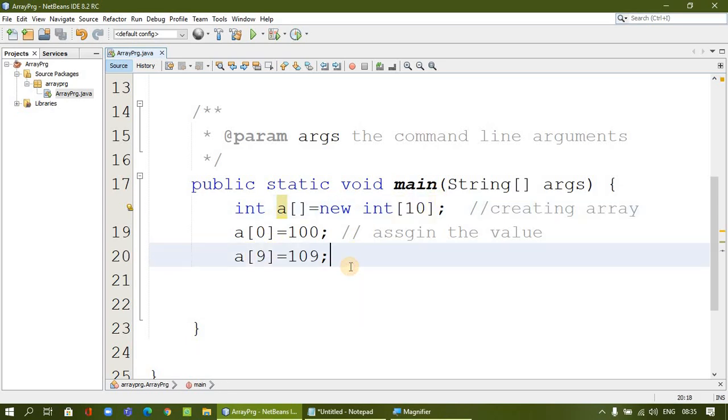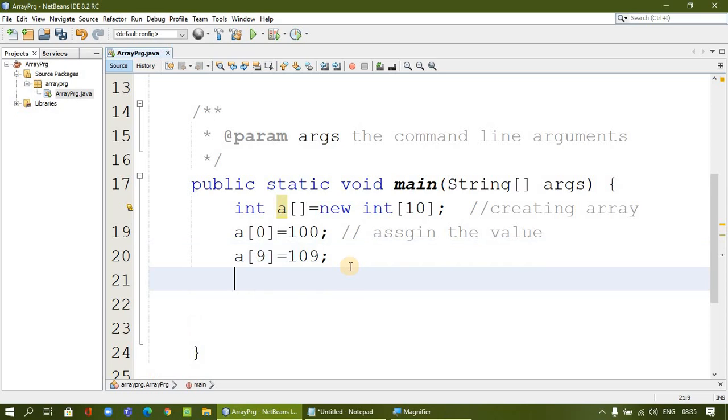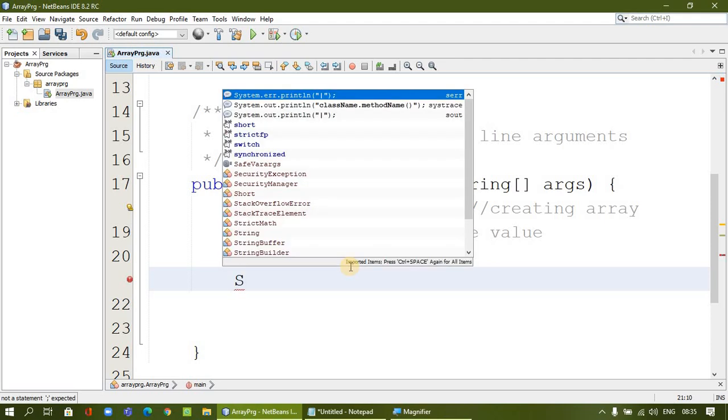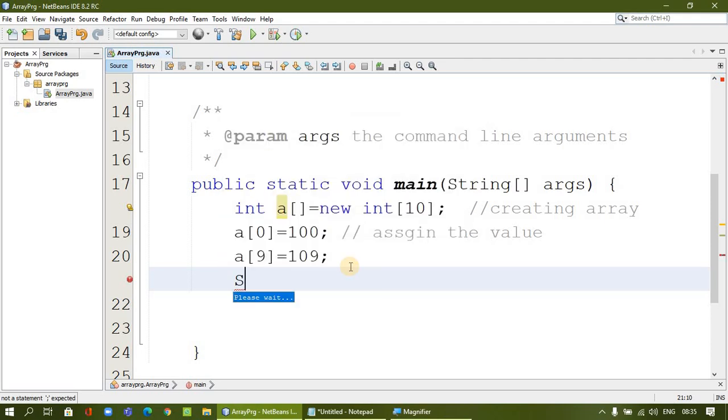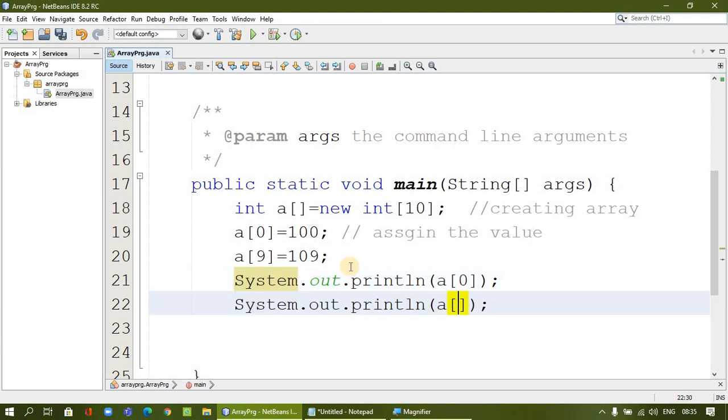Once you have assigned, how are you going to print the value? By using this. For example, I am going to get the value. I'm asking to print, for example, a[0]. So what will be there? The assigned value, that is 100, will be there. The same way, we can also print a[1]. This is directly, without using a loop.